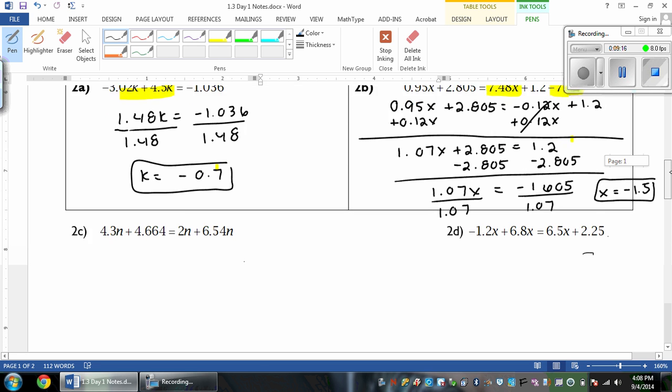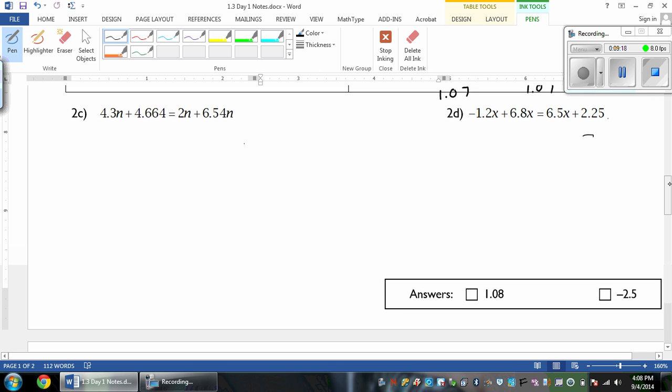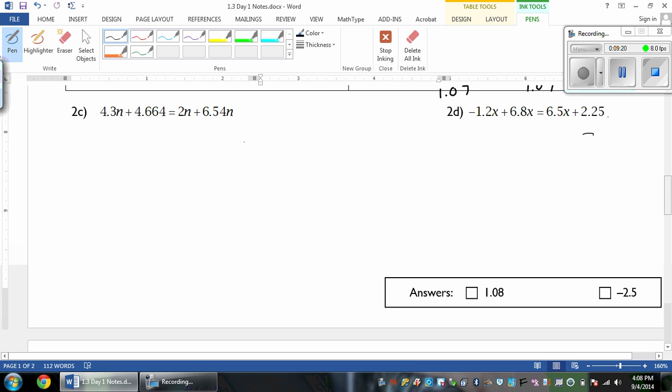Alright, let's do two example problems. First thing you do is check to see if you can simplify. And if you notice on the right-hand side, you can combine those terms. So I'm going to drop down everything on the left-hand side. And then 2n plus 6.5n is just going to be